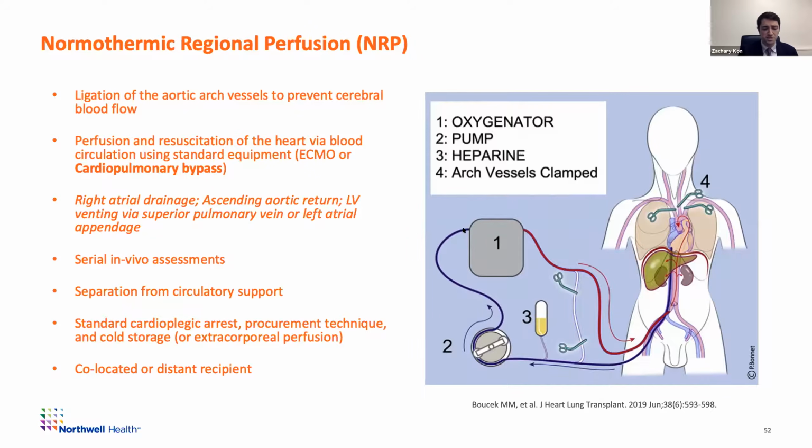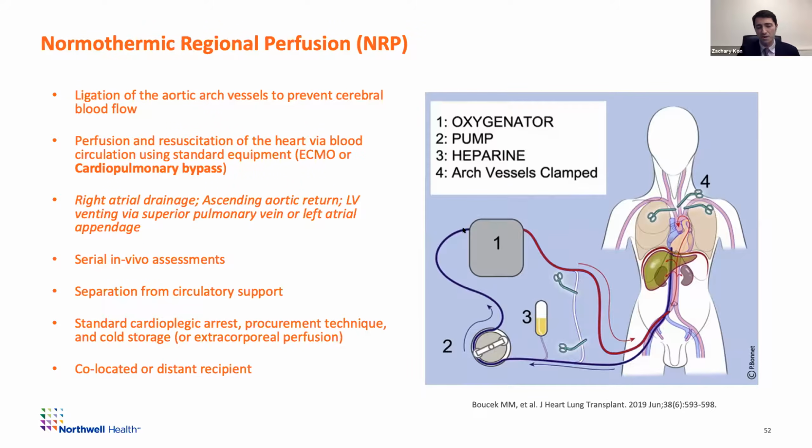And then we reperfuse for set periods of time and then completely divorce ourselves from cardiopulmonary bypass and do serial in vivo assessments. And these, frankly, as you'll see, will be the single best assessment of a heart you'll ever make. In fact, they'll be better than even a brain dead donor because you'll have transesophageal echocardiography, you'll have a SWAN in place, or at least PA measurements, and you can even directly measure the LVEDP by measuring your LV vent pressure. So it really does give you a phenomenally accurate in vivo real life assessment of how this heart is going to perform, and if there's been any sustained injury from the warm ischemic period.